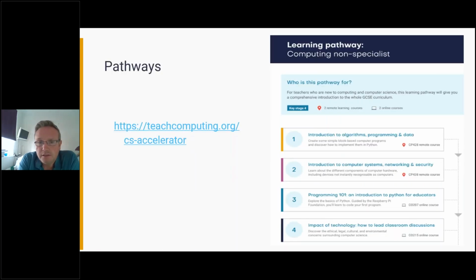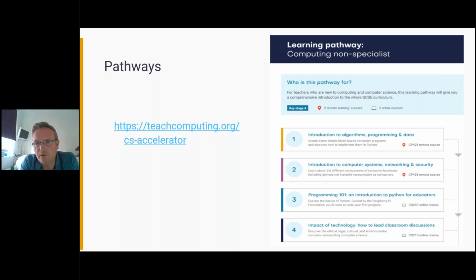One of the things we've done to try and also make it easier for those of you coming from different backgrounds in order to know where to start with this is we've introduced a number of suggested pathways. So the link on the left hand side there through the teachcomputing.org website /CS Accelerator will take you to a page where, as long as you're not signed in, and I'll explain that a bit more in a minute, you will see these different pathways, and they are available as a PDF download at the moment.